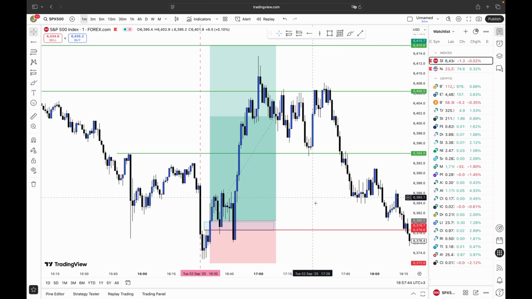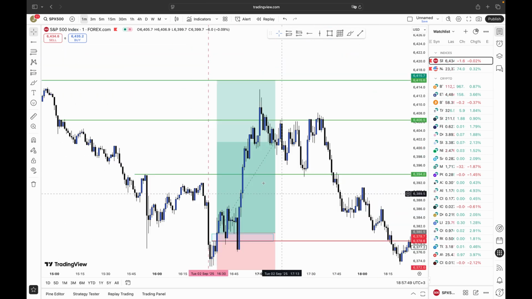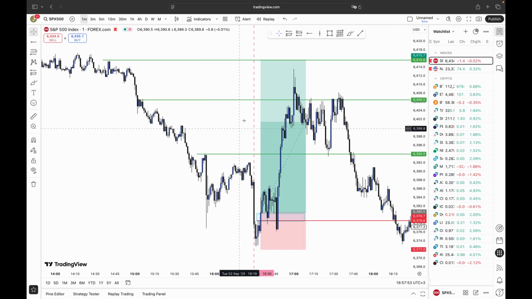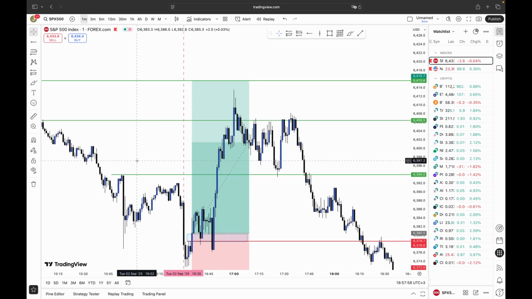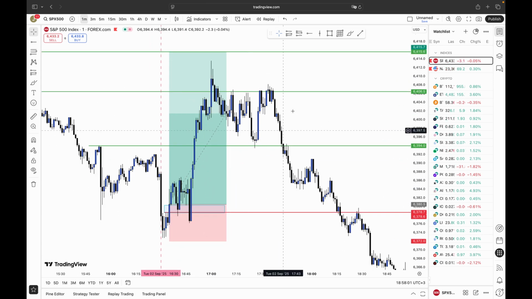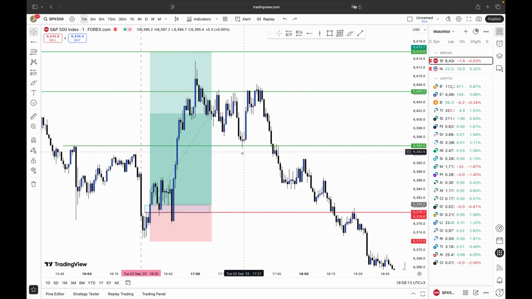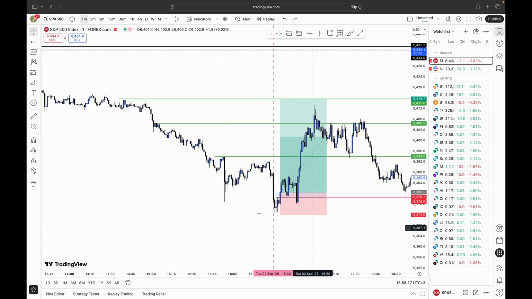After my first take profit got hit, I closed 20% of my position and moved stops to break even. On my second TP, I closed out another 50% and just left the runner. Unfortunately, my third TP didn't get hit, and I ended up closing my position completely somewhere here because I was not willing to wait for so long, and I also had to go somewhere. So I closed my entire position somewhere around here for a pretty decent win, I would say.